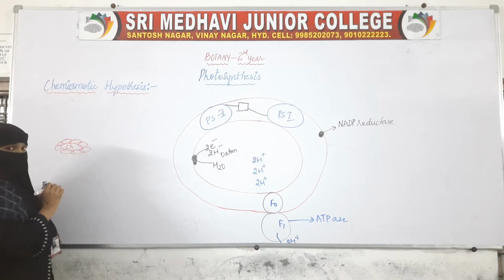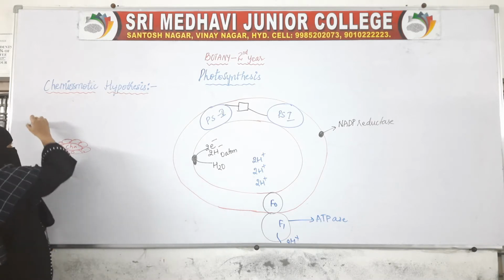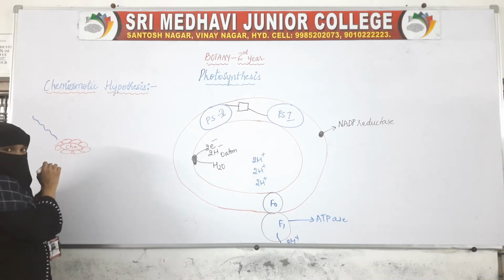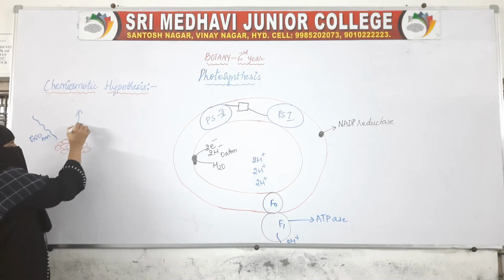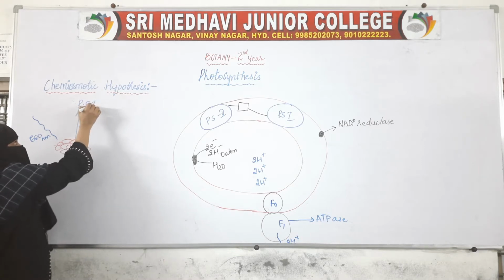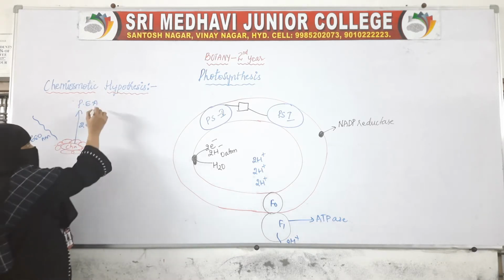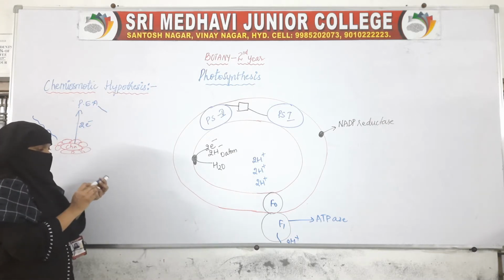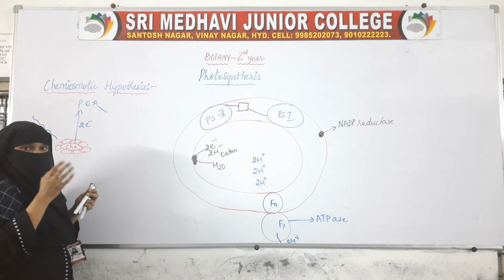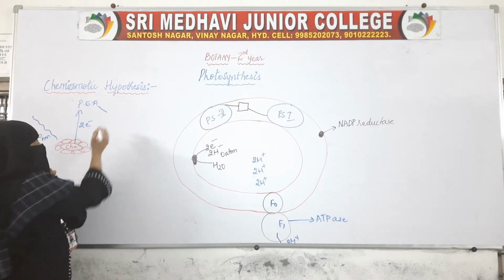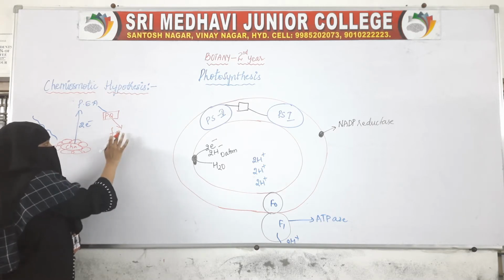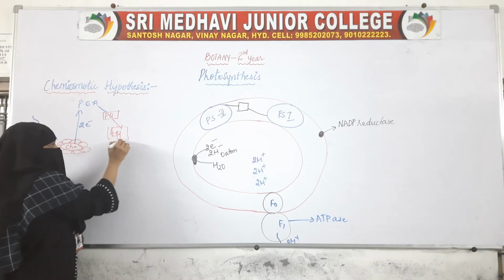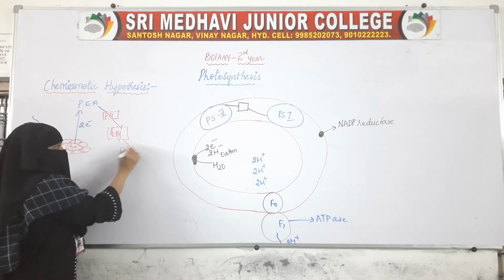that is the reaction center, chlorophyll A. These are the accessory molecules. Here it has taken the light energy of 680 nanometers and has passed a pair of electrons to the primary electron acceptor. This primary electron acceptor passes the electrons to another series of electron acceptors. Here we have plastoquinone, then the cytochrome complex, then it moves on to plastocyanin.